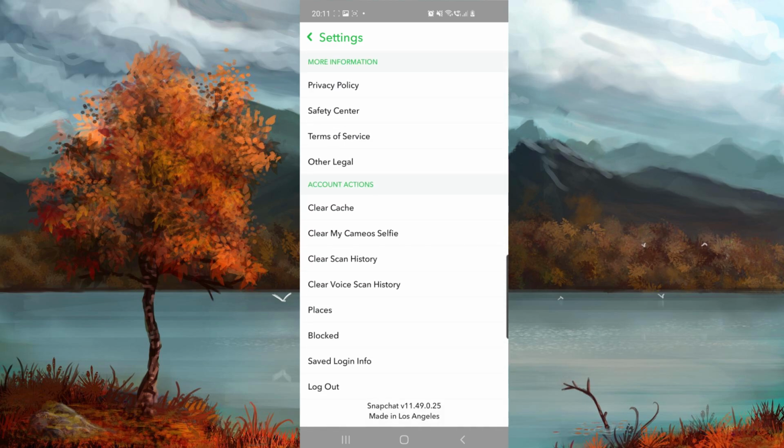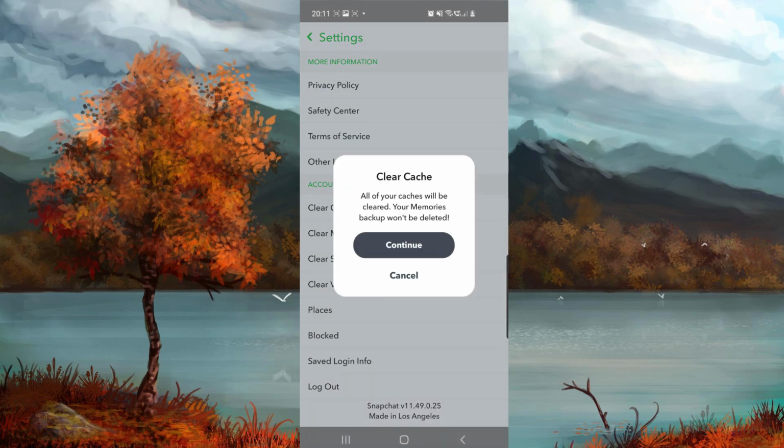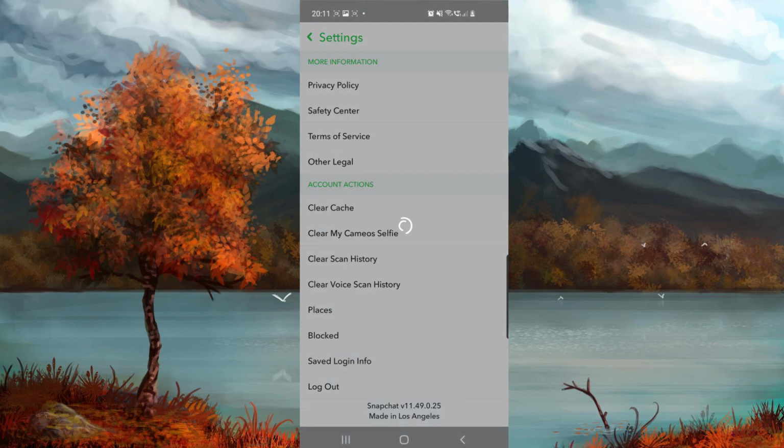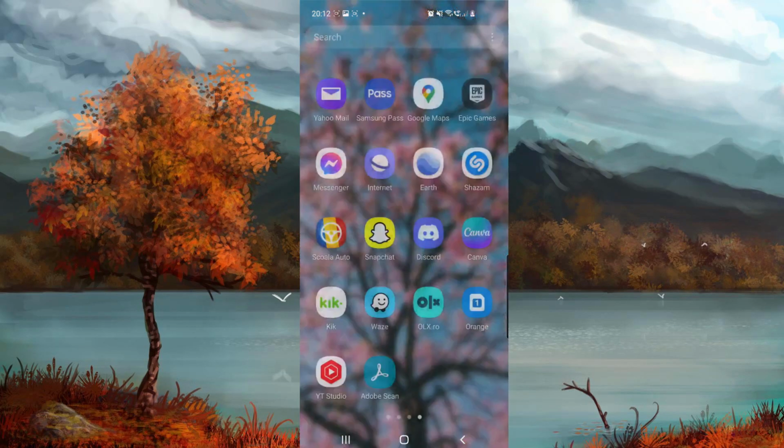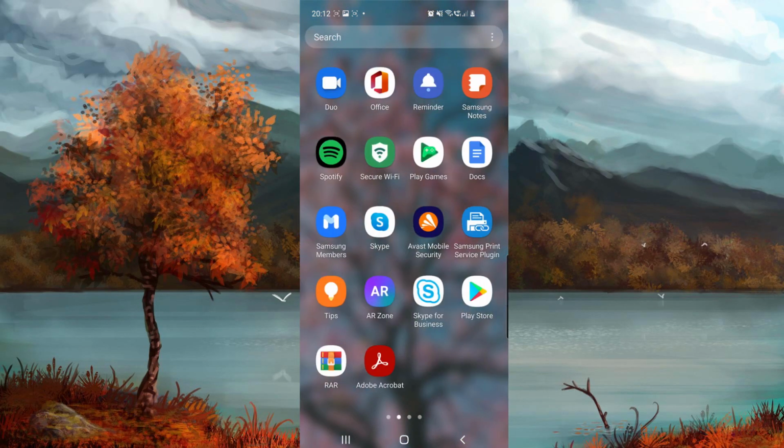And at the bottom, at account actions, we have clear cache, the first option, clear cache. So click on that and here you have to click on continue. And then to clear the data, we have to go to our settings